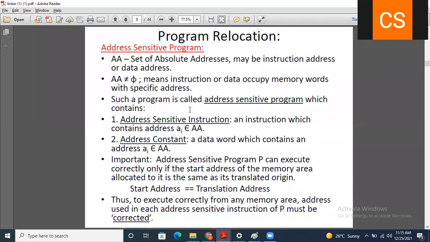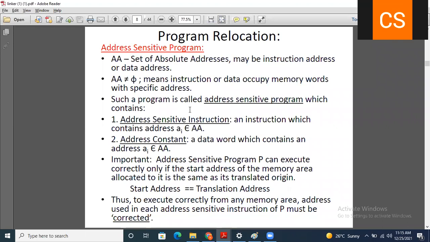And when we say that it is not equal to 5, this means that we have some instruction or data present. Definitely, when you have a program, some memory will be used.